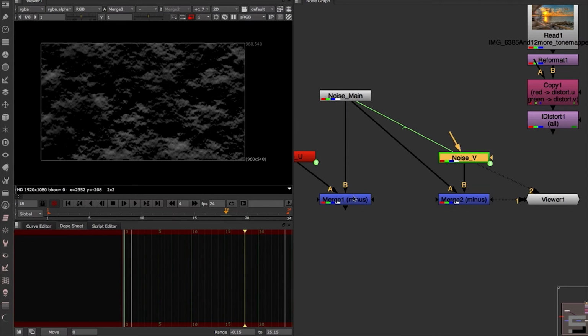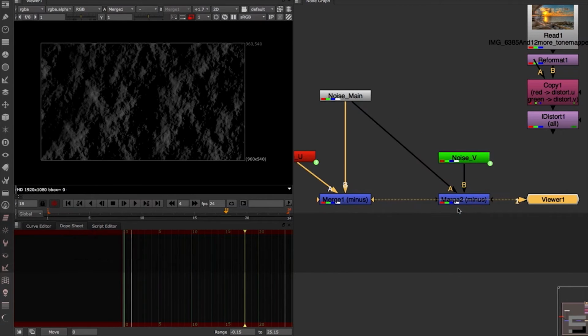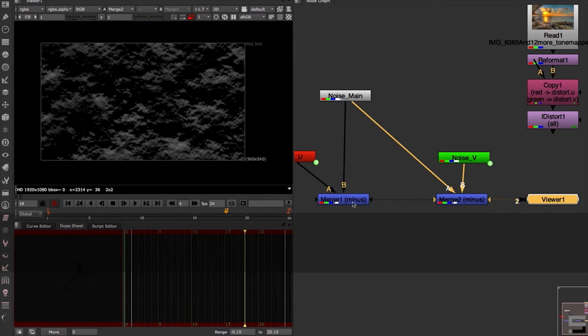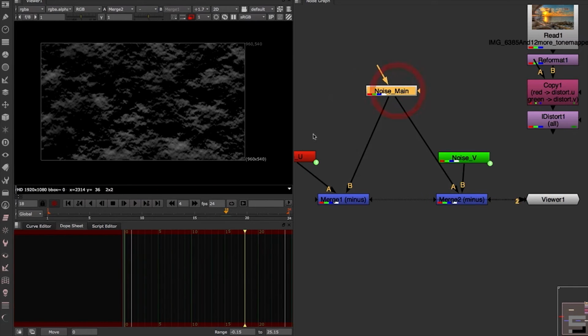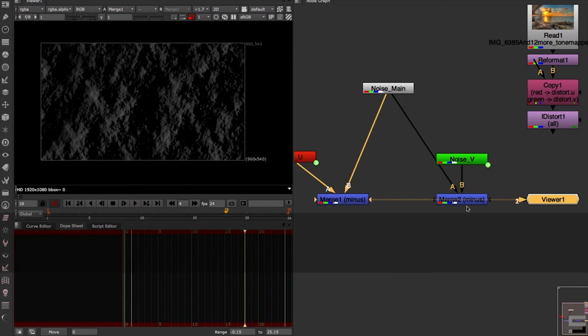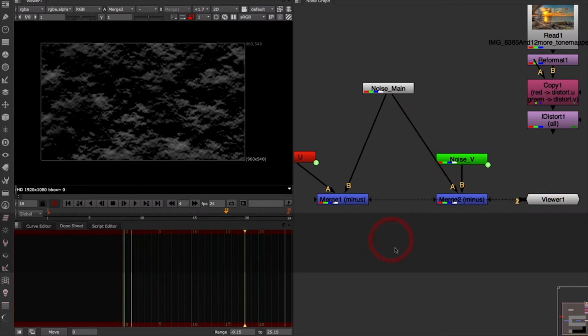All right. So let's look at these two minuses. We have two very different looking things. One has an up-down pattern, and one has a left-right pattern. The one with the up-down pattern is the X one, and the one with the left-right pattern is the Y one. But it is the same noise. Remember, we cloned all of that information, so all three of these look the same up here. It just looks different when you start offsetting and subtracting, right? So now we have our two